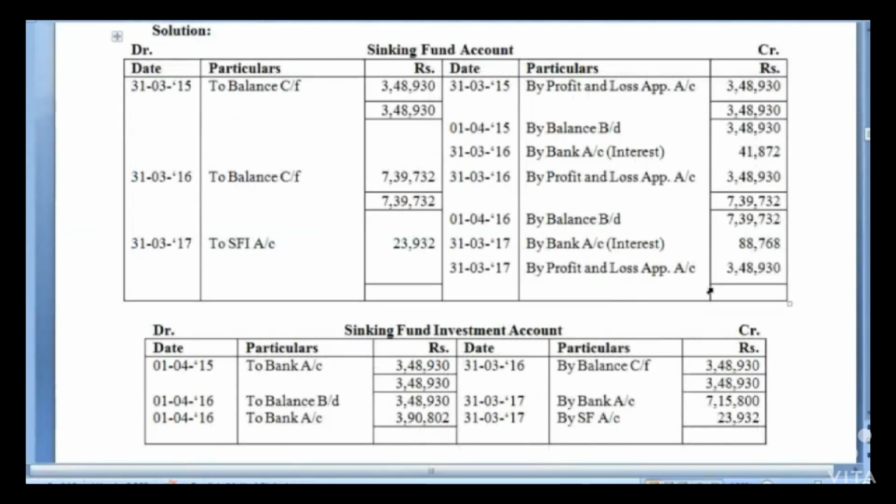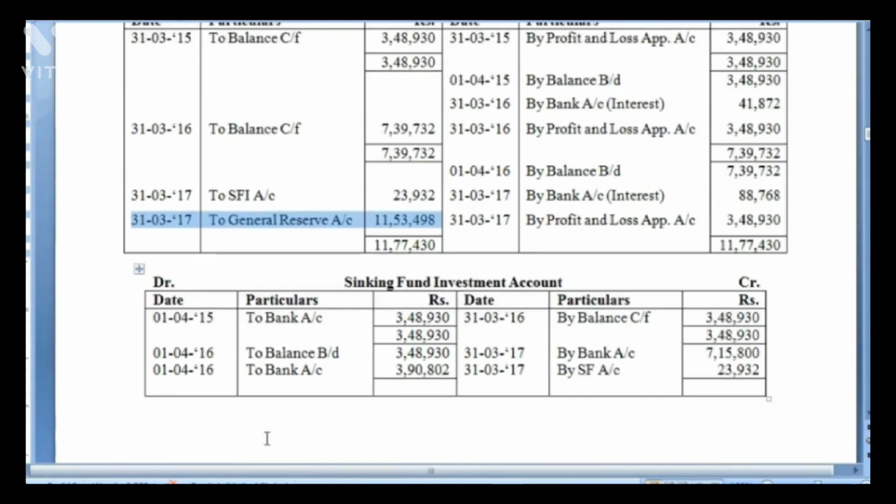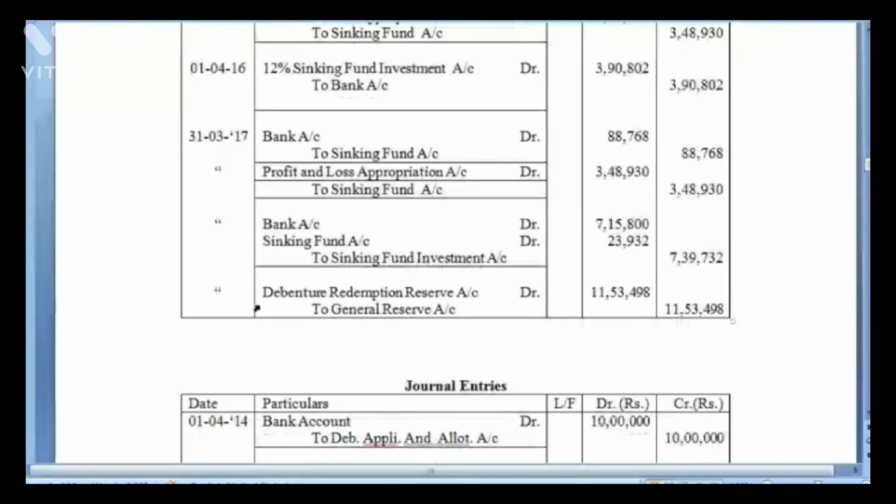When you close it, ત્યારે તમે એને ક્લોઝ કરો છો, when you close it, clear? So there is a difference on the debit side. The debit side difference આવે છે, and this difference is transferred to general reserve. Okay, at the end of the redemption, right, that balance of sinking fund, DRR account, DRF account will transfer to general reserve. So the journal entry of general reserve, debenture redemption fund, and after sinking fund બી કહી